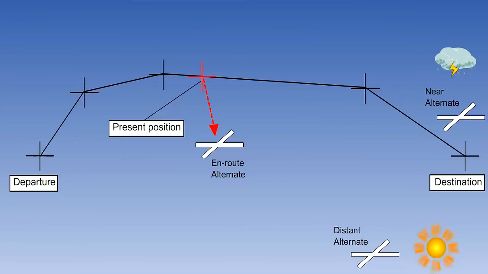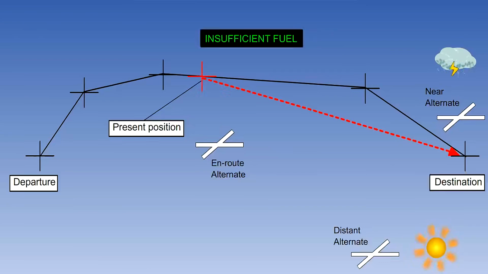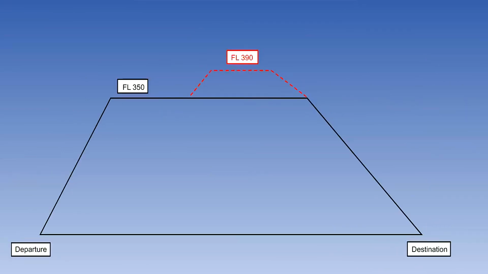Your first reaction might be to make an immediate en route diversion in order to stay within your fuel reserve minima. However, there may be other courses of action and the FMS can help us perform these calculations and see whether the figures make these options viable. Firstly, you could ask air traffic control for a more direct routing. They might not be able to give it, but it's worth a try. If they say yes, the FMS can work out the new fuel used and revised fuel on arrival. This may solve your problem.